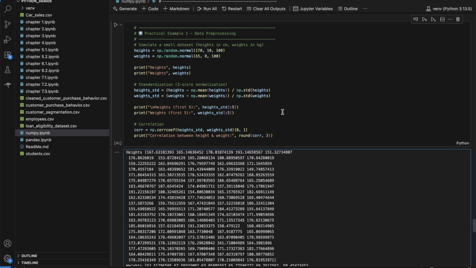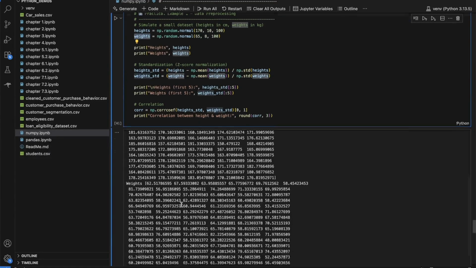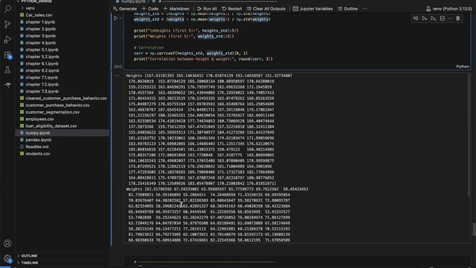Now this is just an example of data pre-processing. If you have seen my previous video on neural networks, if the data is shifted in one direction, you want to standardize it, like center it around 0. This is just one example of that, where I am creating two different vectors of heights and widths with different random values. As you can see, these are my vectors of heights and widths, and